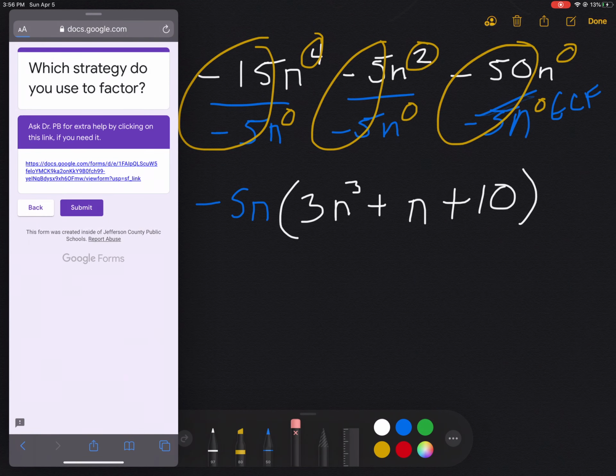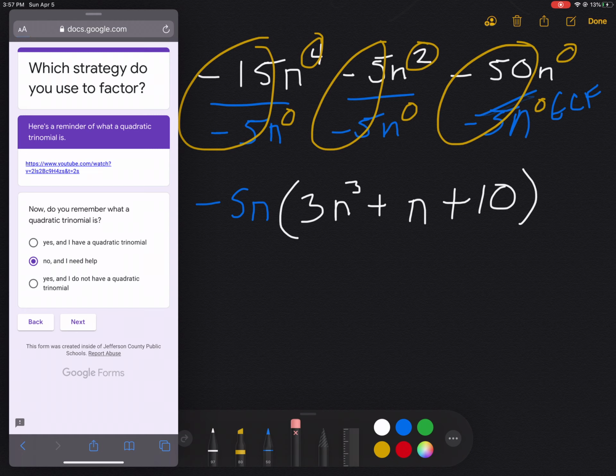You click on that, it takes you to a Google form that helps you to ask me for some extra help. Okay, but I'm not going to click that because I watched the video and I know what quadratic trinomial means. And so I'm going to click yes, I remember what it means. But I'm not going to click this one because this one says yes, and I have a quadratic trinomial. This is not a quadratic trinomial